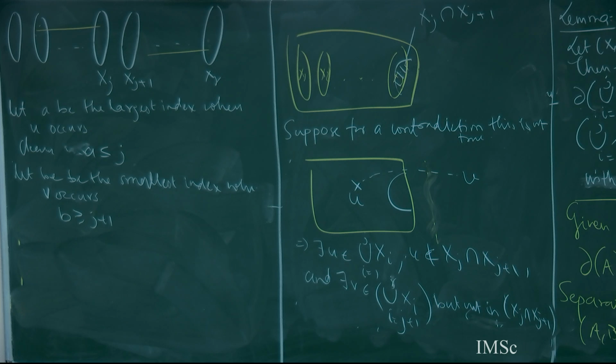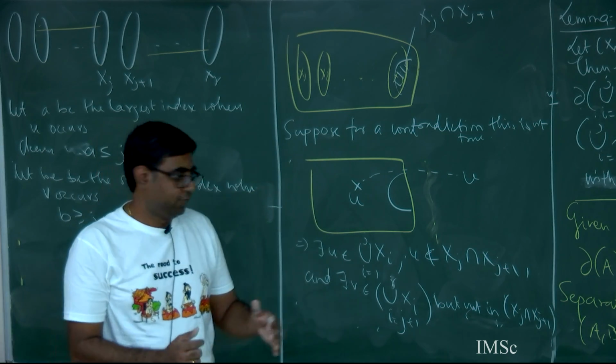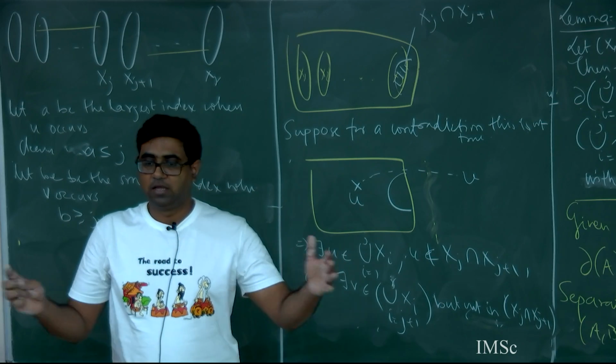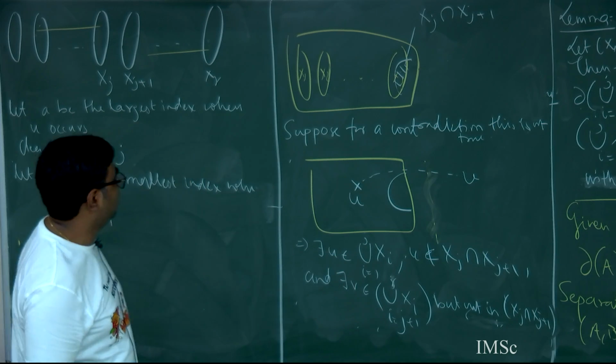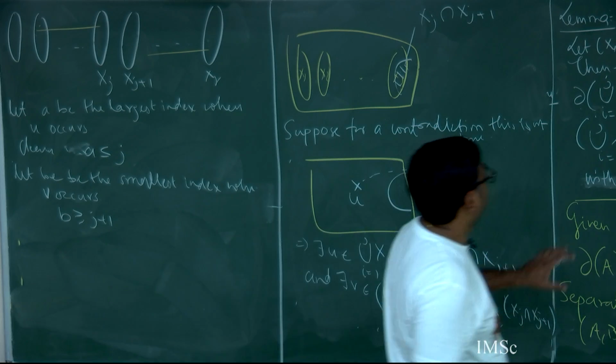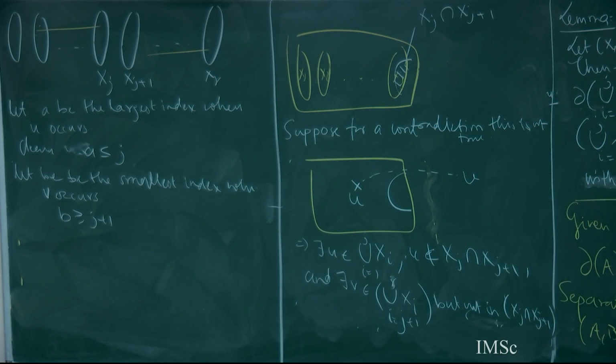Because U comma V is an edge, there must be a bag containing both the endpoints U and V. But what I have shown is, if this condition happens, then U and V cannot be put into the same bag. Agree? So what did we prove? So we have proved that all the vertices who have a neighbor outside are actually contained inside xj intersection xi,